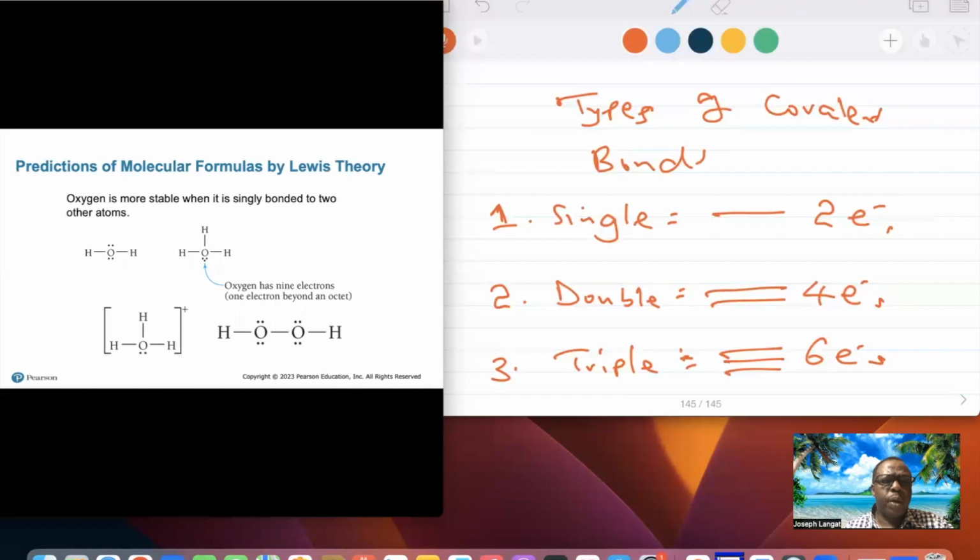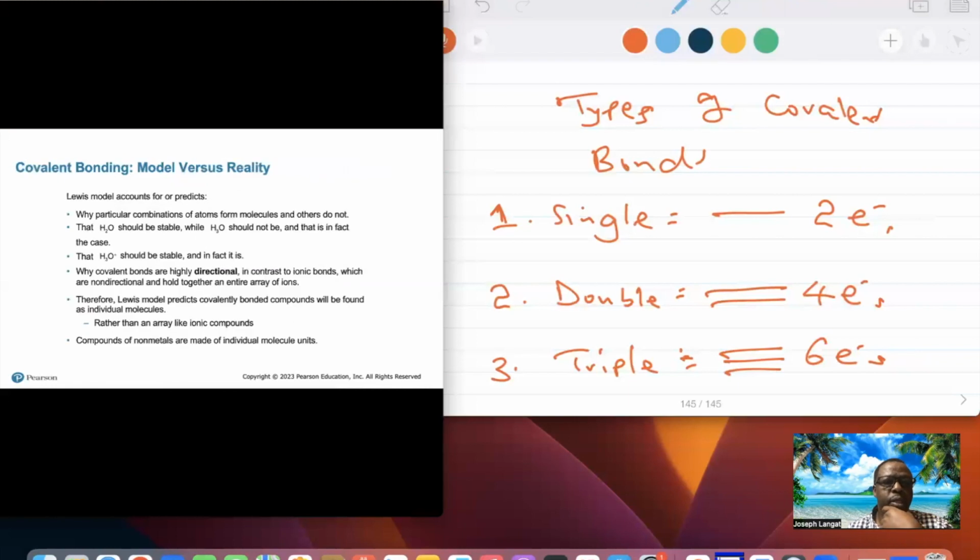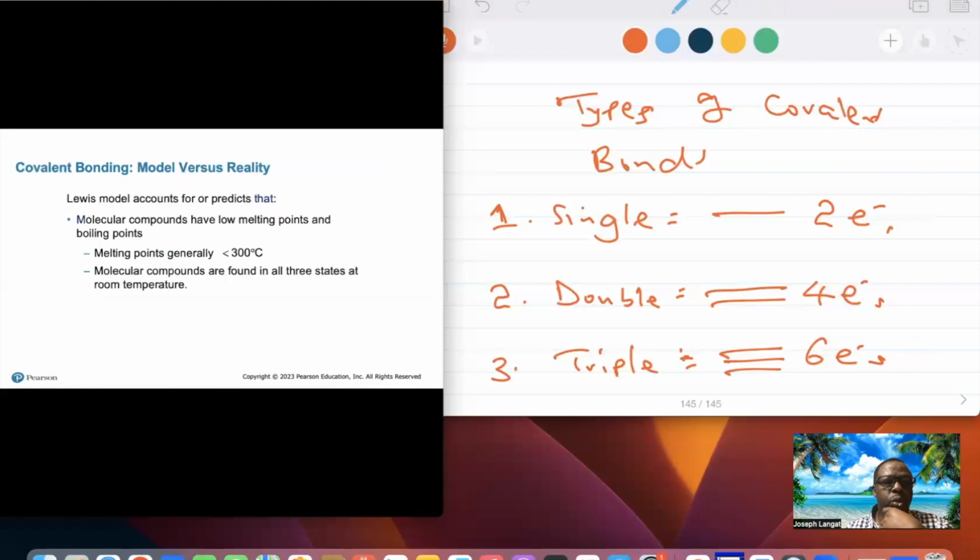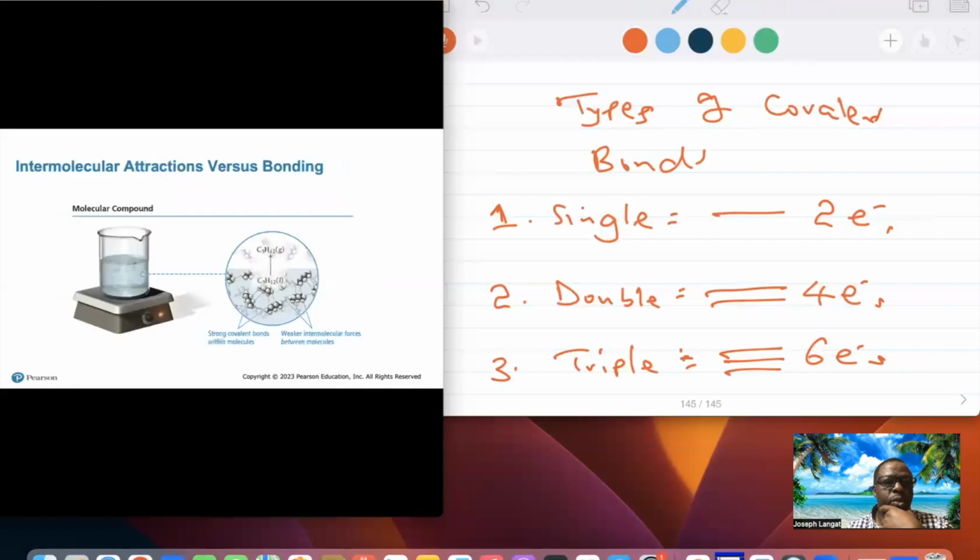Prediction of molecular models by Lewis. This is hydrogen, predicting that this is unstable. If you look at how many electrons are on oxygen in hydrogen, this explains why some molecules or polyatomic ions are unstable. I just want to go fast to the